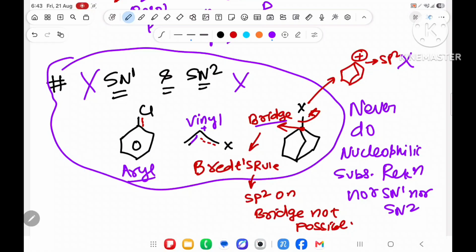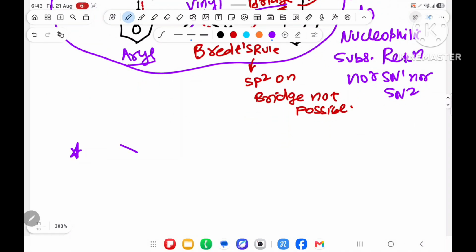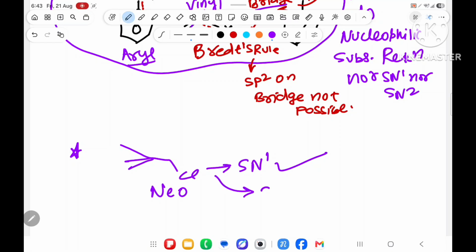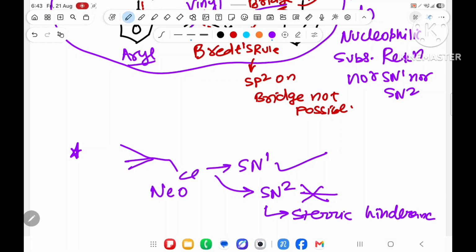Understood? Sir. One more important point you will write. Suppose this is neo. So SN1 is possible, but SN2 is not, due to steric hindrance. If someone says, sir, over here I will remove it, it will come plus 1 degree. Steric hindrance is there, so SN2 is not possible, but SN1 is possible, because SN1 does rearrangement, carbocation